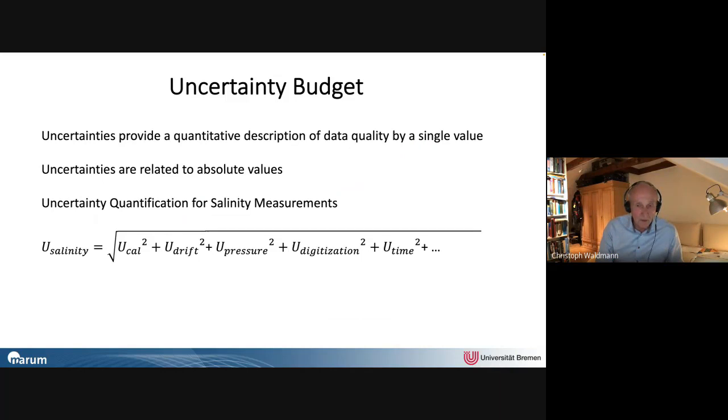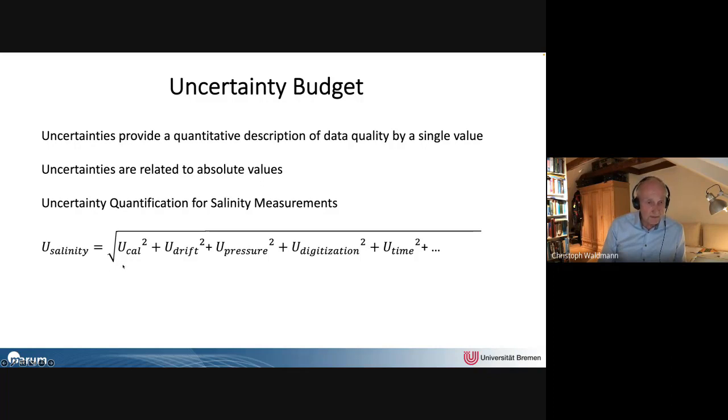Anyway, okay, let's come now to uncertainty budget calculations. And I would like to emphasize the term budget because uncertainty is not just, okay, I look a number up that the manufacturer is providing. That's sometimes happening. People say, okay, we talk about uncertainty. I take the accuracy that the manufacturer like Seabird or any other company has provided. This is not correct. In the end, you have to include other aspects as well.